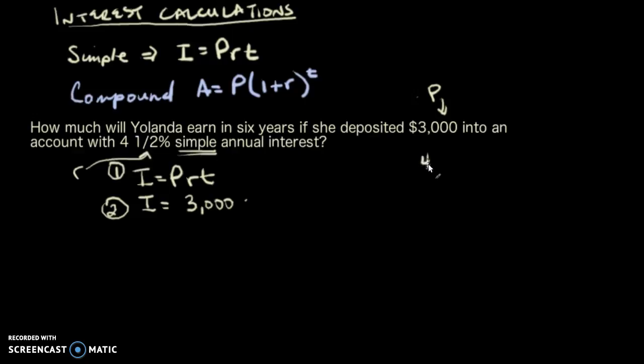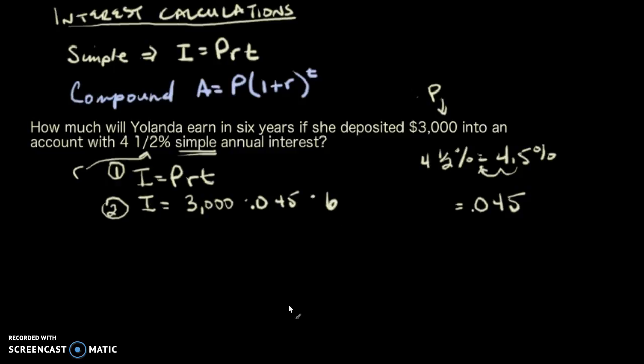4.5% is the same as 0.045, and we have to move the decimal to the left twice. And that puts a placeholder in there. So it's actually 0.045 that is the decimal that we're going to use, and that's going to be multiplied by the time, which is 6 years. Plug that into the calculator, and you will get